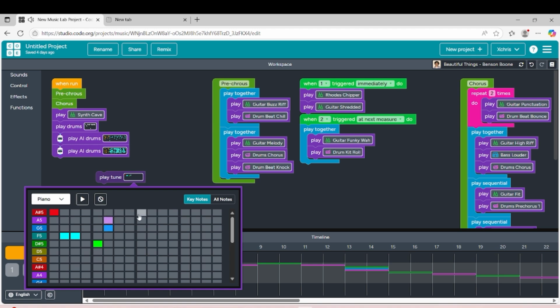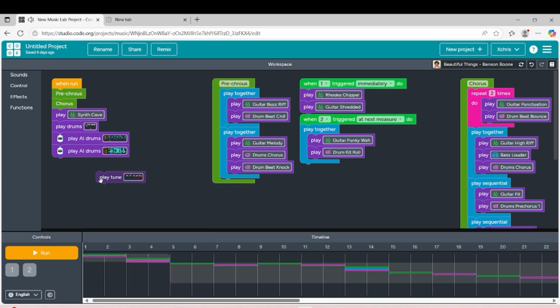You can hear the instrument when we click the note we want. After you're done, you can click here to hear the whole tune that you create with the instrument. As you can see, we can click that and just need to add here.